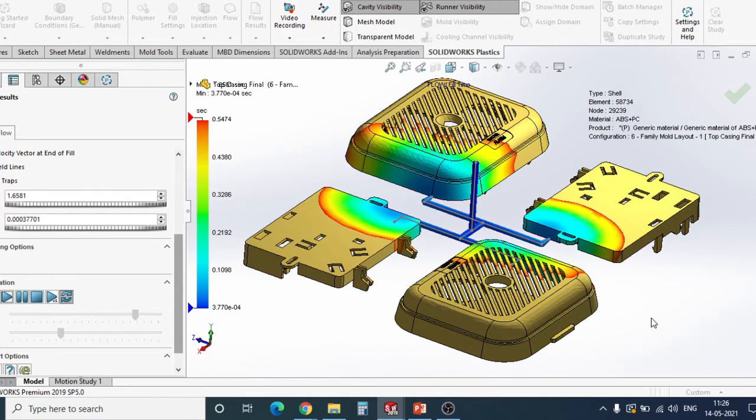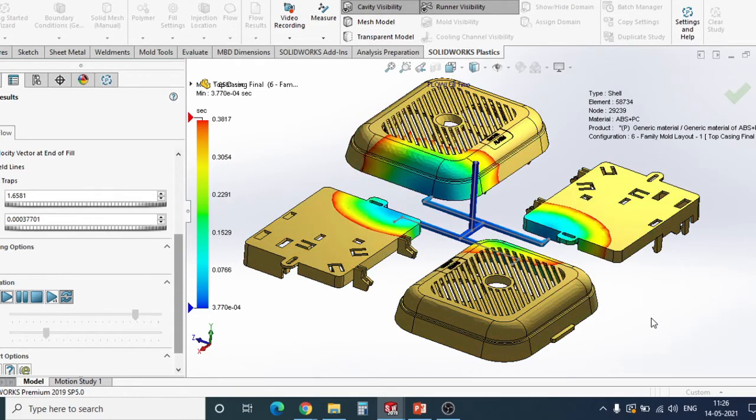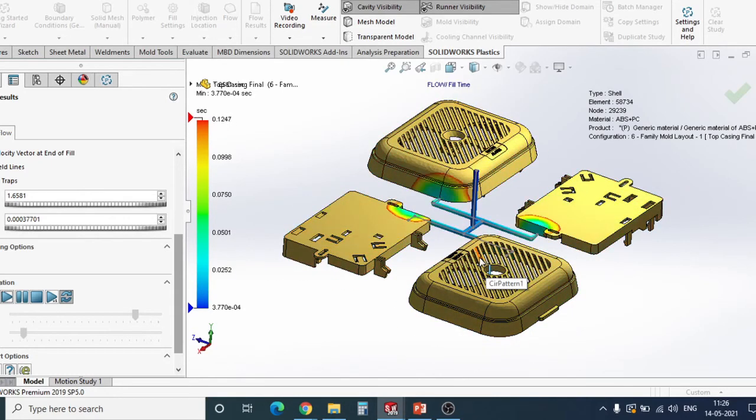The top casing is getting filled first, and then this bottom casing is getting filled. This is also not a good sign whenever you design your plastic parts for injection molding. All the cavities should be getting filled at the same time. So uneven cooling and uneven shrinkage of your part might occur because of uneven filling.